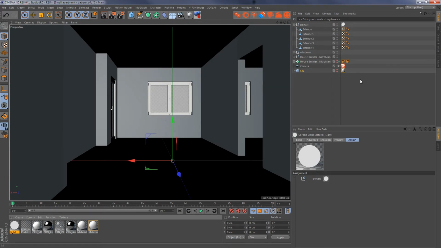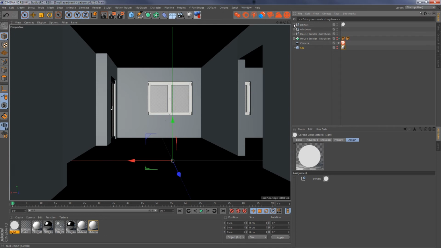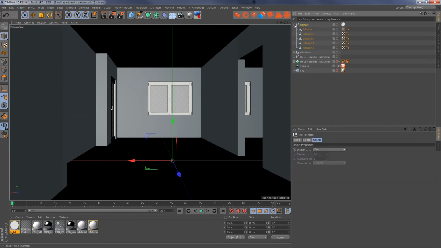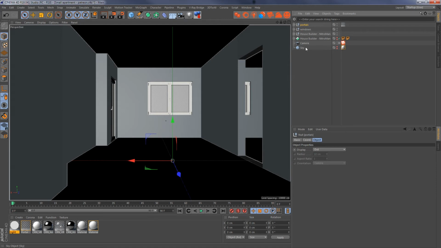We don't have big white lamps on our window, but for this one, it may be useful. So we'll put back portal lights, and you can make another scenario is to use